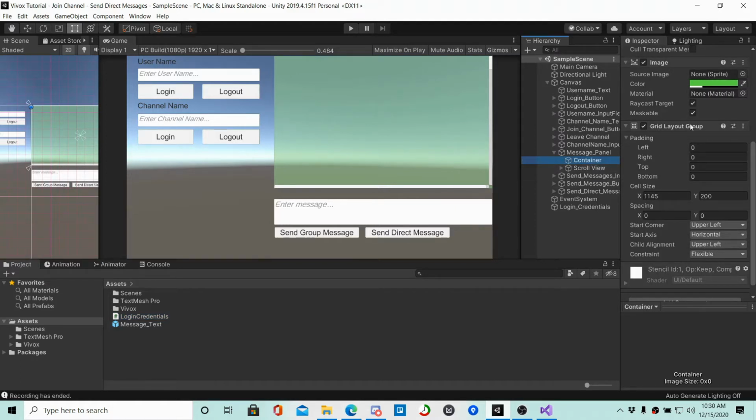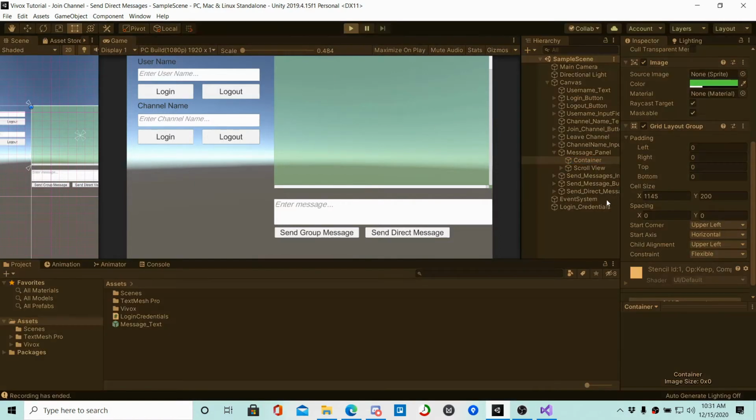That's the image, which has the grid layout, and the cell size, you can match the cell size if you want, but basically, if you don't know, it decides the width and the height. So this is the width and this is the height of everything that's going to go in this grid layout. So an example would be,